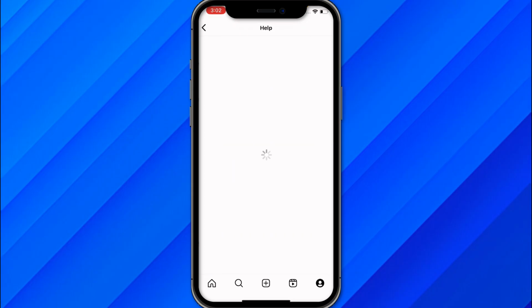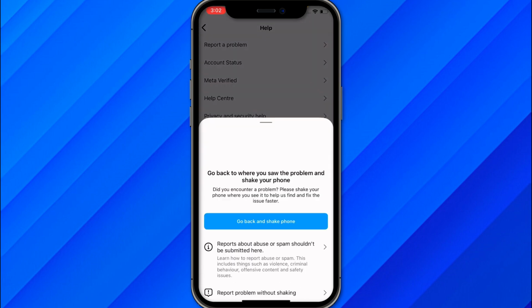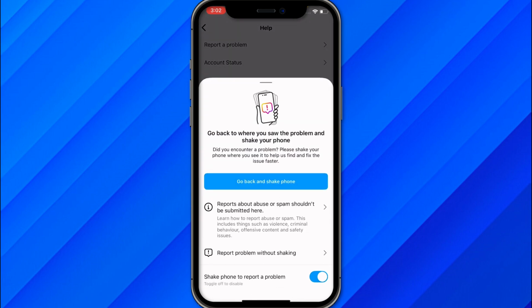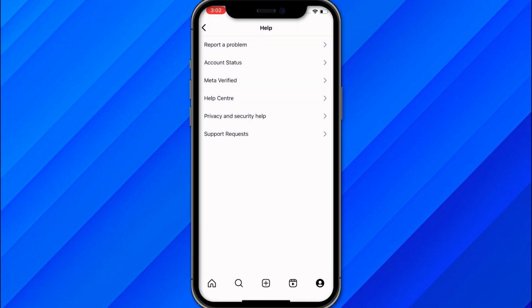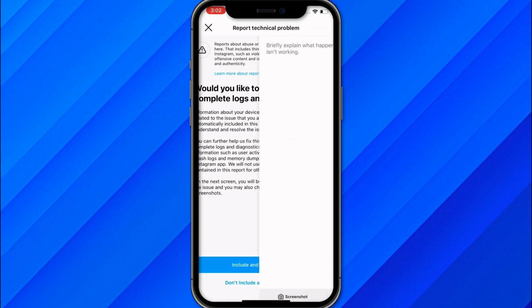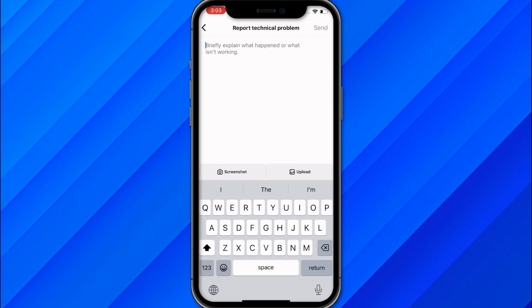Just click on this Help section, and once you click on it, click on Report a problem. Then go back and let's try again, turn it off, and click on Report a problem again. Once you click on Report a problem, just click on Include and continue, and here just explain the